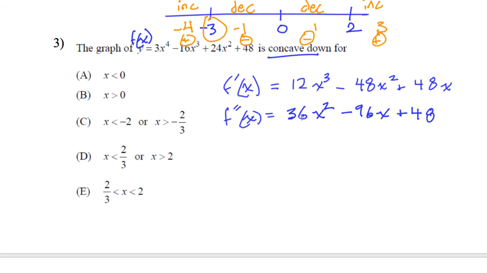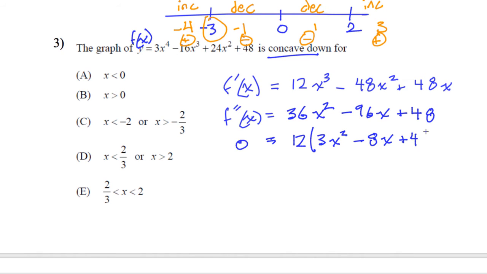So to figure out where this thing is negative, I'm going to look for possible inflection points. And then I'm going to find those intervals. So possible inflection points, I plug in 0. And I'm going to have to factor this thing on the right. It looks like every single thing over here is a multiple of 12. Yeah, so I'm going to factor out 12 times 3x squared minus